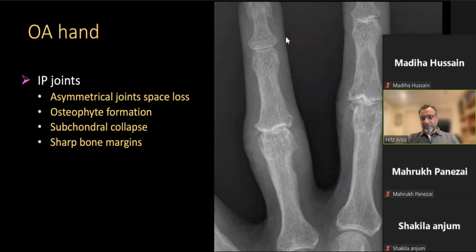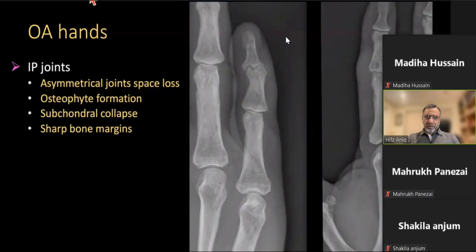So, joint space reduction, osteophytosis, you can see the subchondral collapse. Let me go further. You can see that there is joint space reduction here, but we'll start seeing the subchondral collapse. And this is what we call Siegel's gull-wing sign. This is because of early subchondral collapse. The bones just fit into each other, just like a jigsaw. So that is very typical of